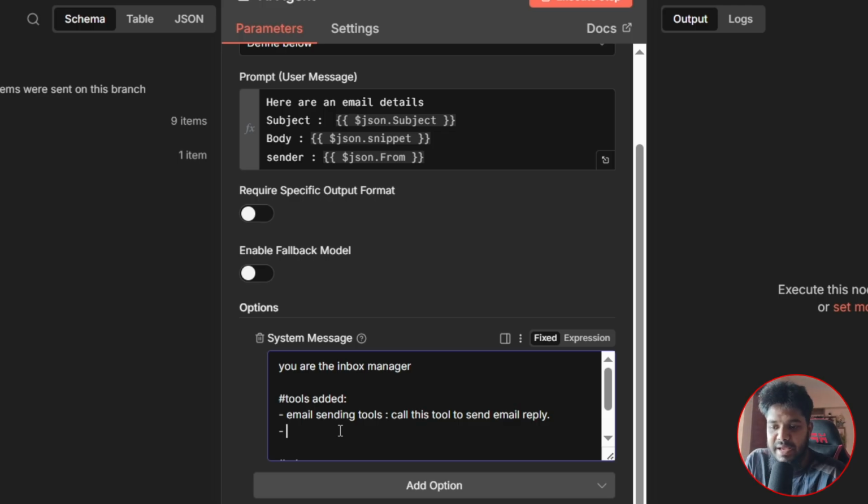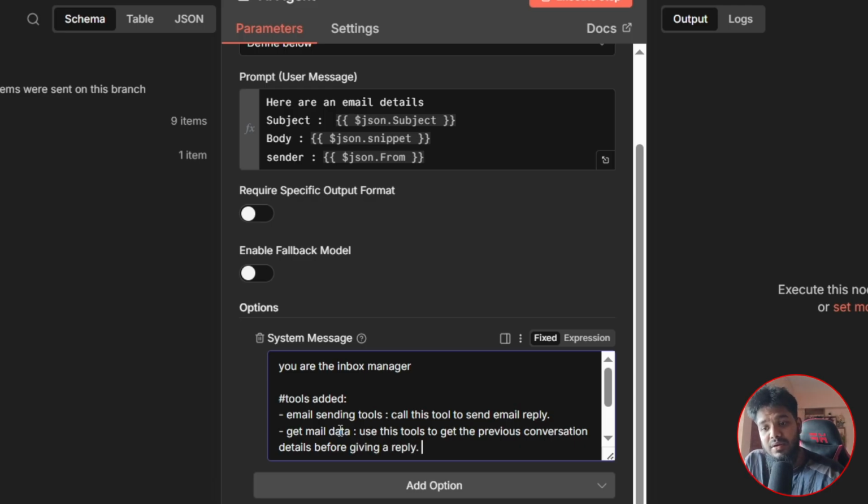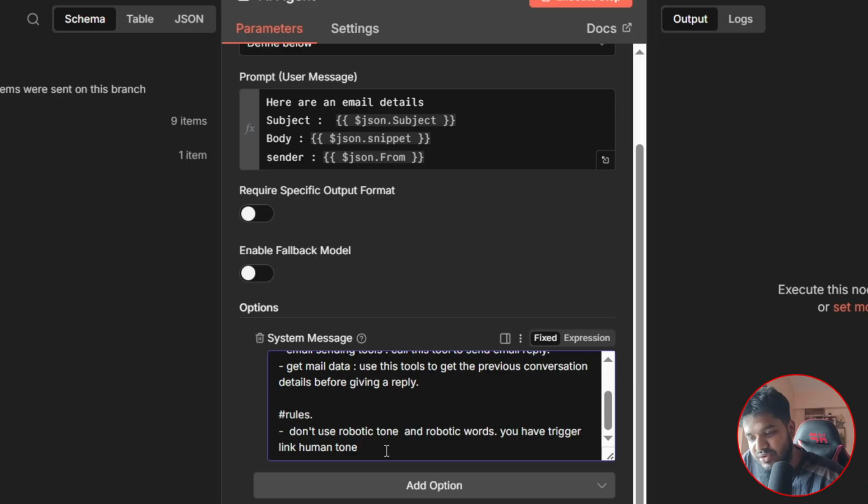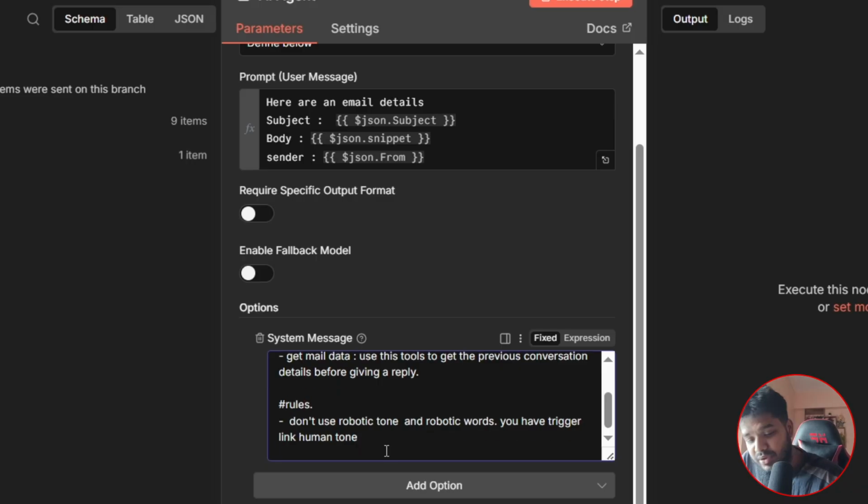Get mail data. That means use these tools to get the previous conversation details before giving a reply. Okay, this tool will help to get all data from the previous messages with the client. And you need to give another rule, which is: always check previous conversation